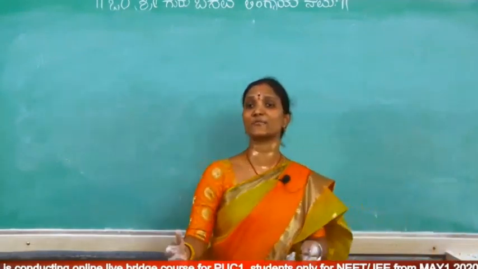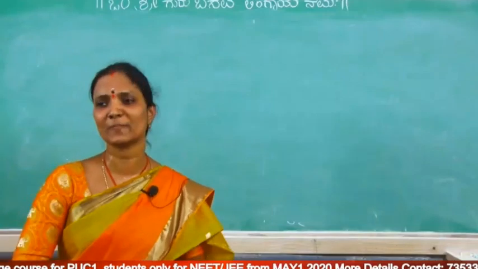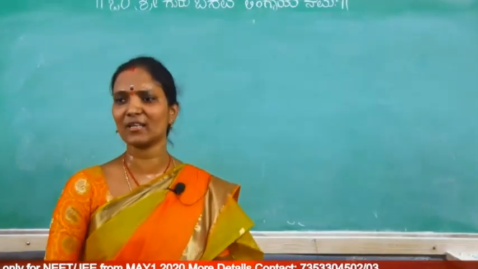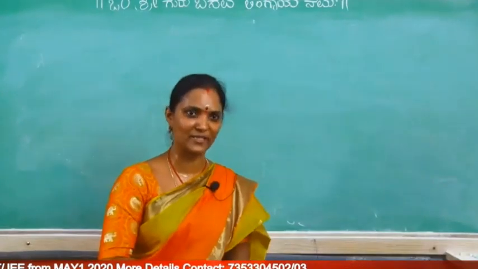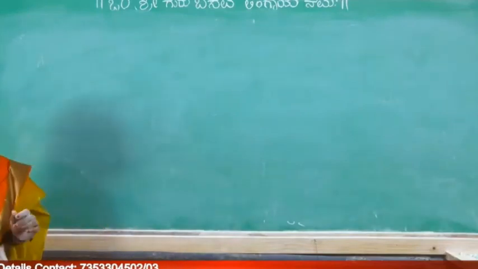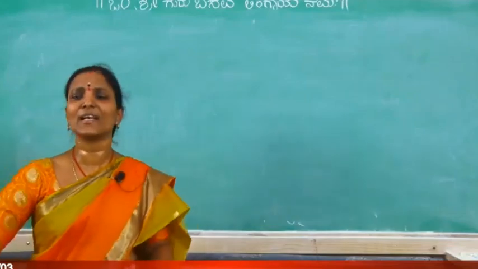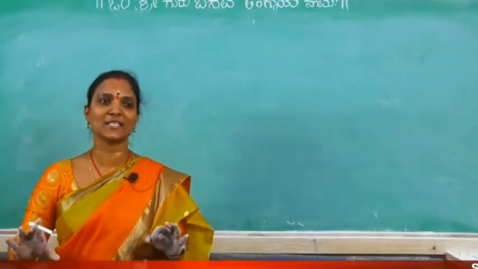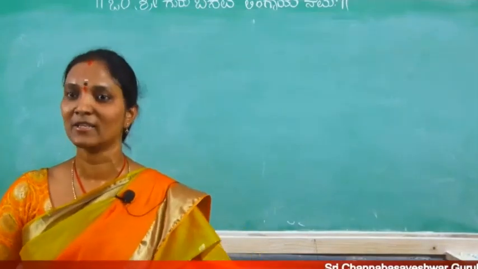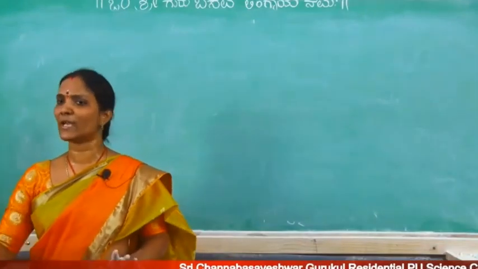Because I gave today's video heading as the types of voids and types of close packings, definitely if you want close packings, you will open this fourth video only. So you won't get all types of close packings. Definitely you will be disappointed. To avoid that, I am going to start with just 1-dimensional and 2-dimensional close packings. 1D and 2D are not common, 3D is common. Tomorrow's class is the very important class, the 3-dimensional close packing. So today I am going to conclude 1-dimensional close packing and 2-dimensional close packing.